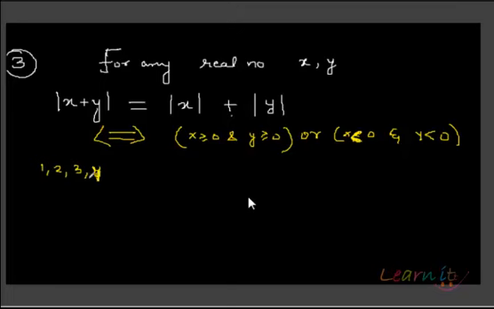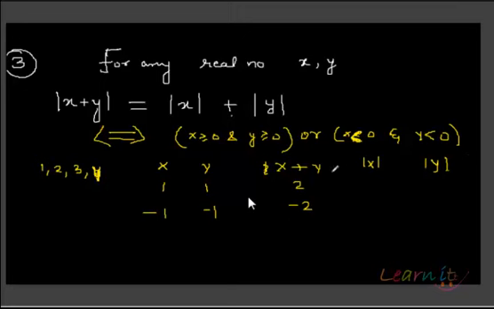So we can take numbers. You simply take numbers for x and y, it can be anything, 1, 2, 3, 4. So you have x, you have y, you have x plus y. So if x is 1, y is 1, x plus y is 2, right? So mod x, of course, is 1, mod y is 1. So mod of x plus y will also be 2, right? Similarly, if you have minus 1 as your x and y, x plus y will be minus 2, okay?